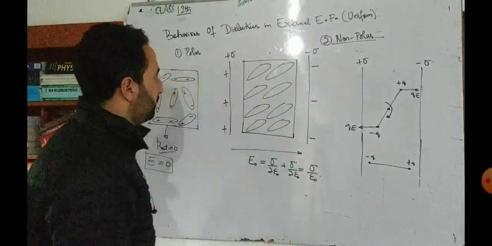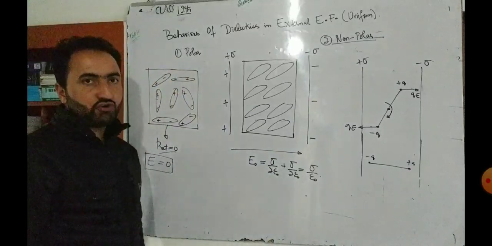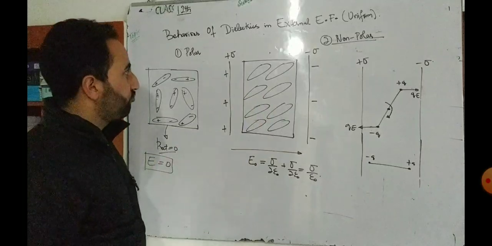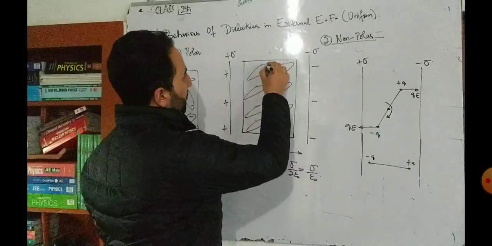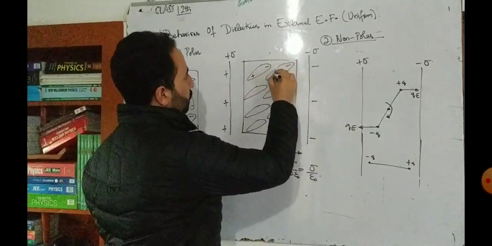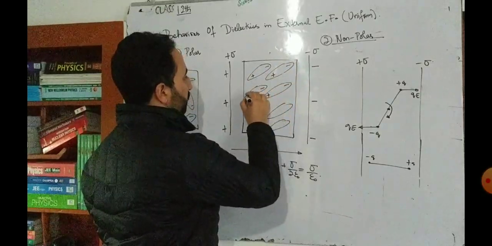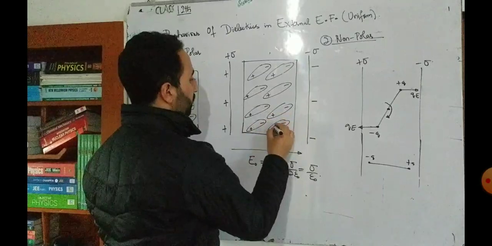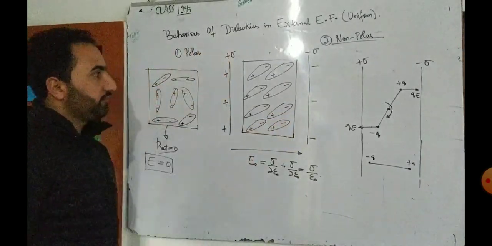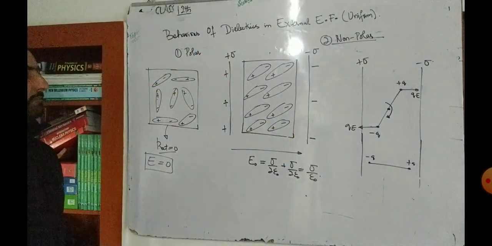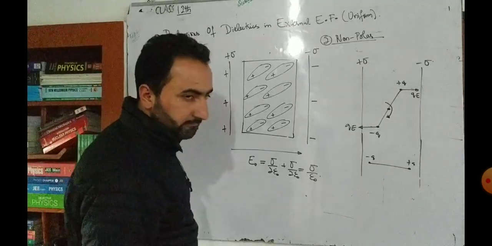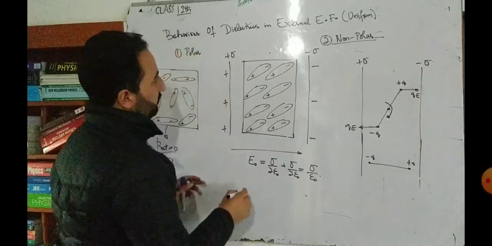Okay, take a beta, in such a way that the positive end will be attracted towards the negative plate and the negative end will be attracted towards the positive plate. As simple as that. So this will be negative end, this will be positive, negative, positive, and so on. A perfect alignment is avoided by the thermal agitation or by the thermal kinetic energy of these dipoles. Okay, done. अब यहाँ क्या होगा?